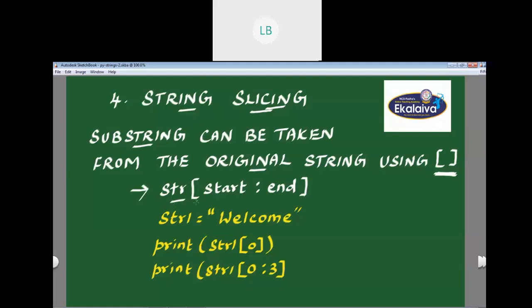String, within the square brackets, that is the slice operator, we have to specify the start value and end value, where start is the beginning index and end is the last index of a character in the string. Python takes the end value one less than the index specified.